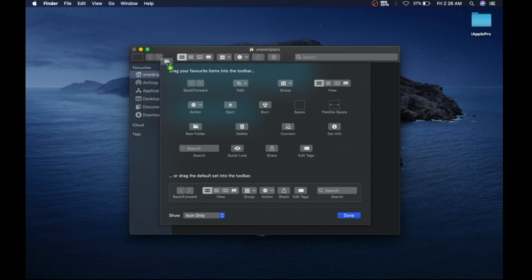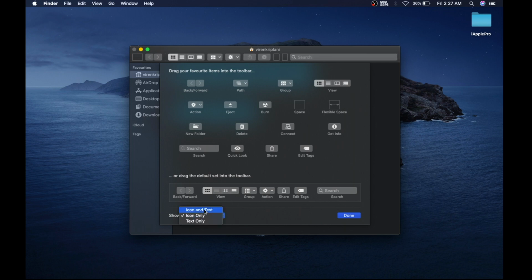Then new folder, delete, connect to server, get info, edit tags, share, quick look and search. You can simply remove the item from toolbar just by dragging like this. And you can also select to show icon and text like this.